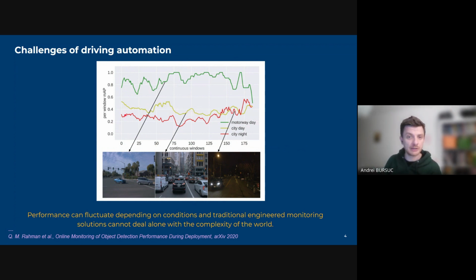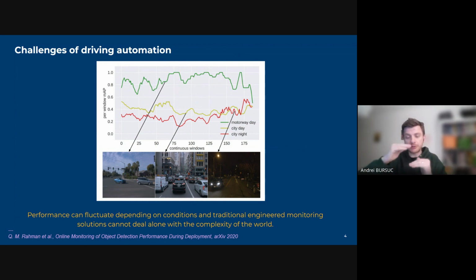And finally, we get here on the red curve, which is rather the worst most of the time. And this is city by night. Again, even more difficult conditions compared to the original ones that we have on the highway, and the performance is in the 30 mAP score, or 20, or sometimes below, as in this part of the plot. So this performance can fluctuate depending on the conditions,